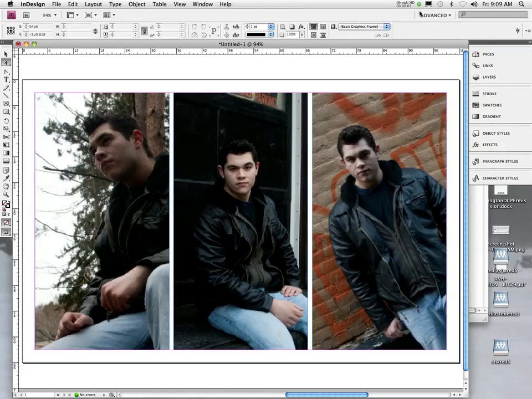Okay, so I've got this image. Let's just say this is your final image. You've got your 3 photographs or portraits, whatever. You're all set and you're ready to hand it in. One of the important things to understand about InDesign is that it actually is a program that, unlike, let me